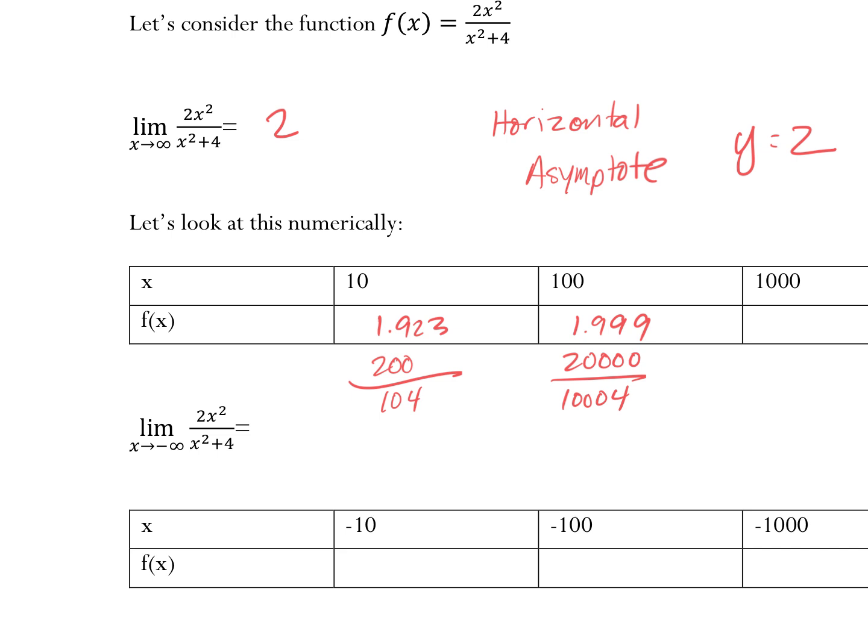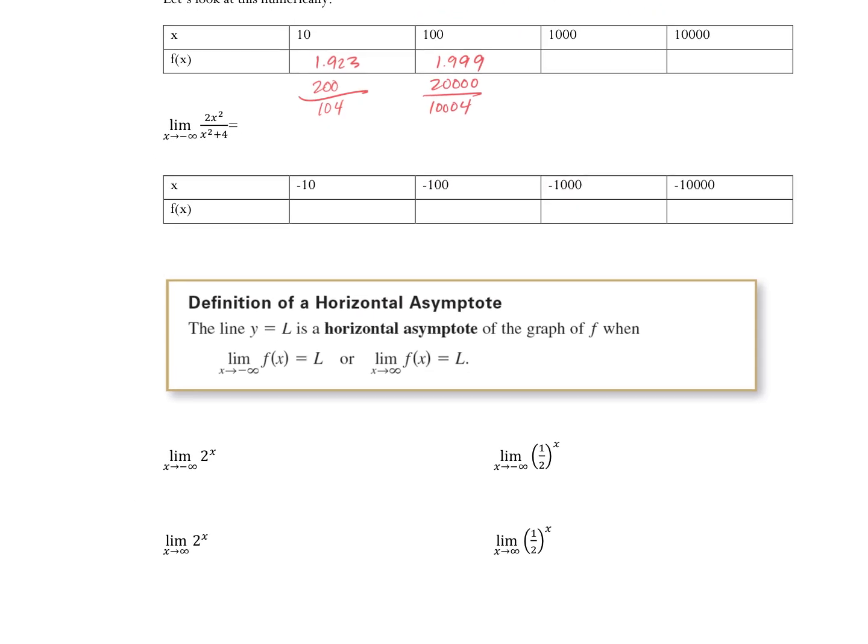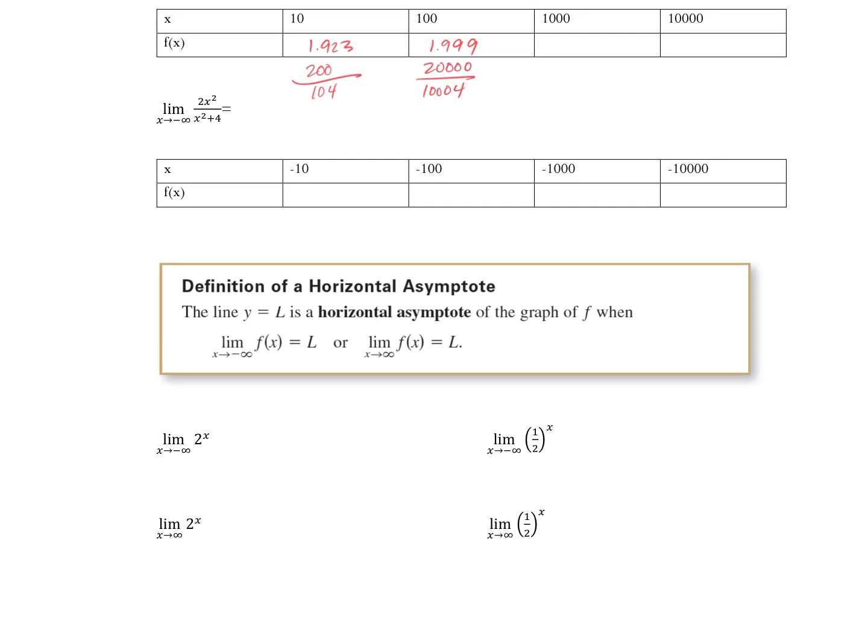And if I keep going, you guys with me, you can start to see it graphically. Everybody good? All right. So again, horizontal asymptotes occur that if I'm approaching infinity or negative infinity, I have the limit exists. Then it's a horizontal asymptote. Everybody okay? All right. Now, let's think about the graph y equals 2 to the x.